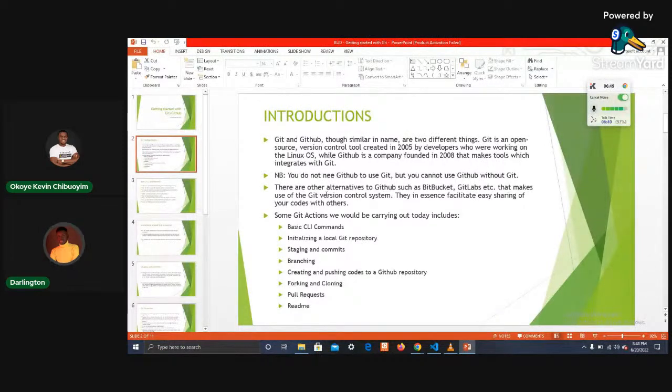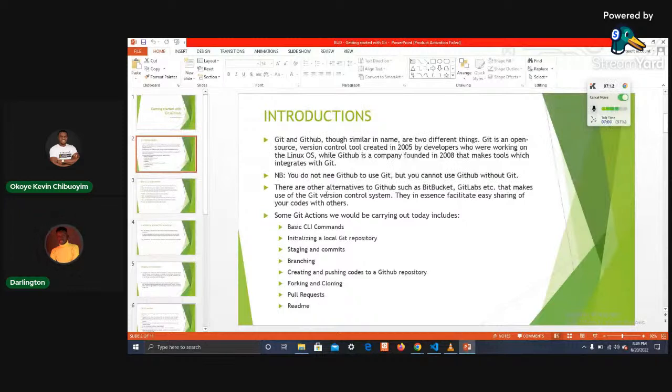So we'll be looking at the basic command line interface commands that you need to flow well with Git. We'll create a folder and initialize a local Git repository in it.